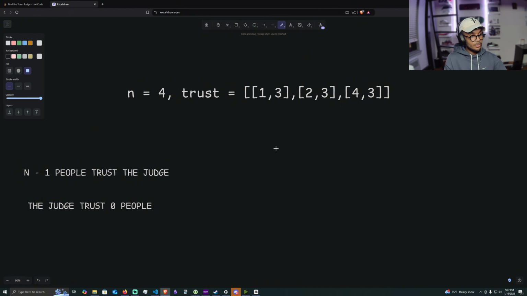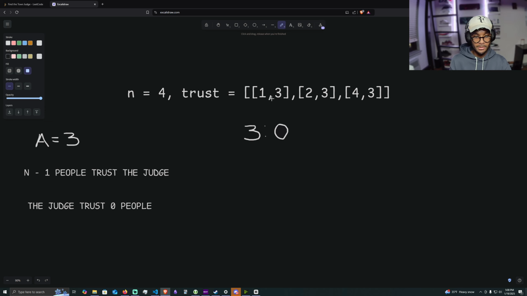And let's say we were able to give everyone some type of trust score. First we're going to save a variable a. Let's just say that's our answer. So a equals n-1, which is 3, because we're looking for someone with a trust score of 3. And how the scoring system would work is, let's say something like this. Each person would have a score here. The first number is how many people trust you, and the second number is how many people you trust. We know this because the judge trusts 0 people, and we know that n-1 people, which is our a variable, trust the judge.